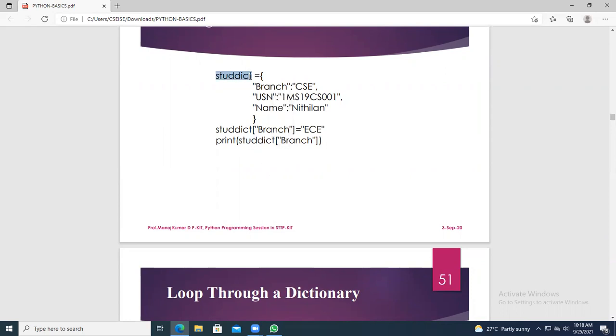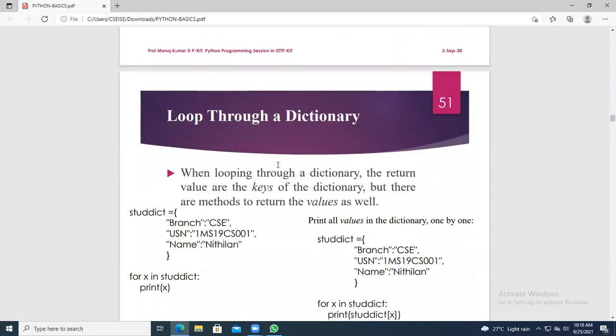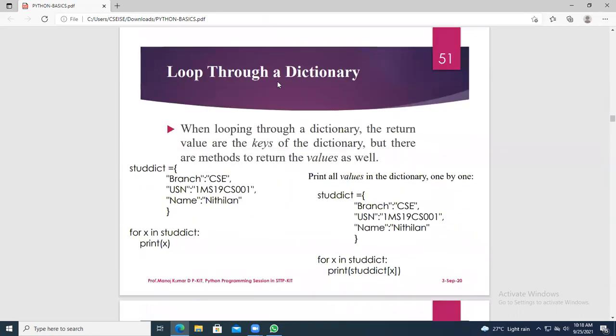Just give print of this dictionary variable, it will print each and every content. Suppose you want to print only the changed contents. Which is the changed content? Branch has been changed from CSC to ECE. So you give static of branch. Understood?